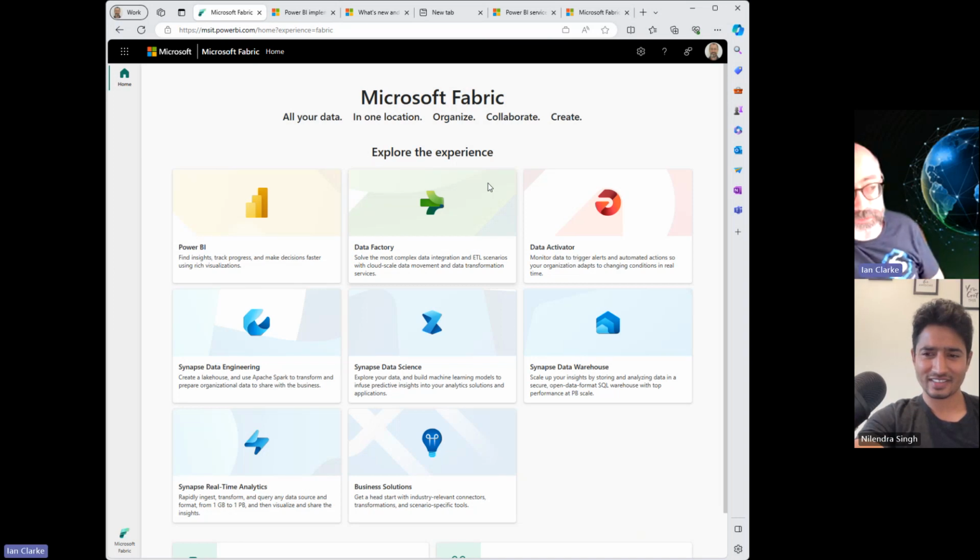The one piece here that will look totally new to the public is Data Activator. It's not new to Microsoft. We've been using this internally for a number of years because we are obviously a manufacturer ourselves. We build laptops and other peripheral devices, so we need to manage our own supply chains, even for our data centers and everything as well. So Data Activator is building on something we call Reflex internally, but it's basically this: it monitors your data for